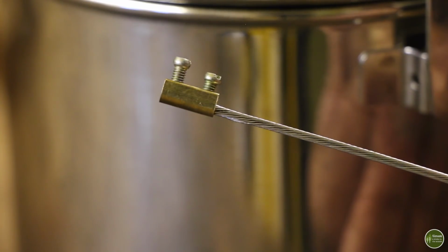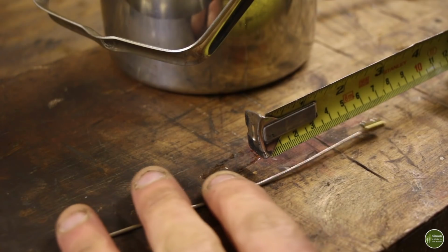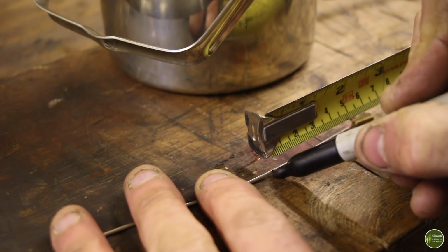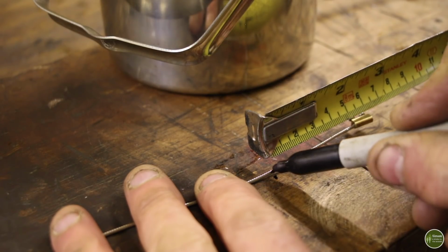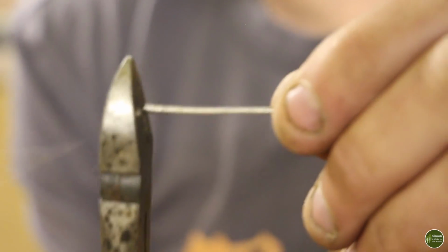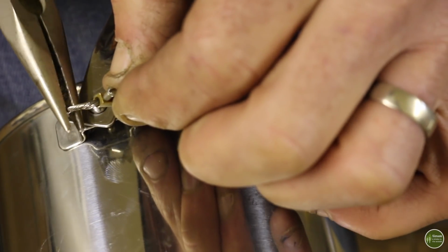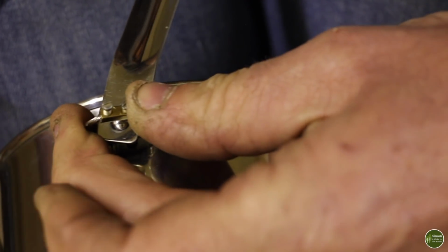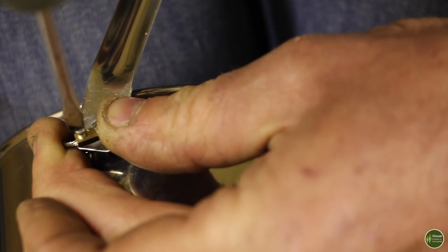I've clamped one end of the steel cable in that electrical connector by tightening down that little grub screw, and then I'm going to cut the cable off so that I've got 50mm or 2 inches of cable after the electrical connector. Cut it off there. Pass that through both holes in the handle bracket, and then the hardest bit, which is feeding that cable back into the terminal block. It does help if you sort of pre-bend the cable a little bit